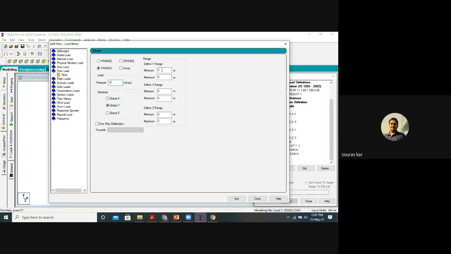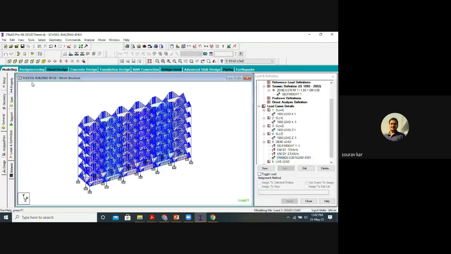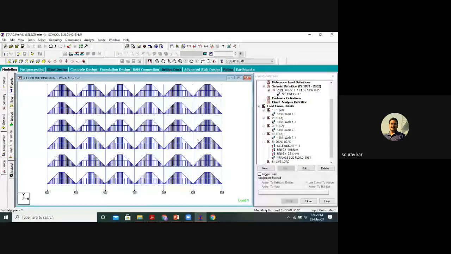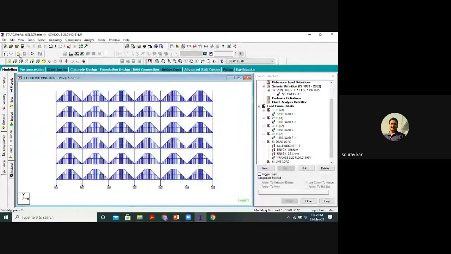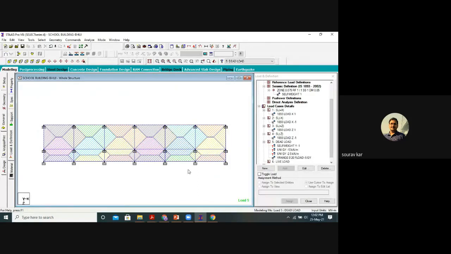Minimum range is taken as 0 because we are taking from the ground, and maximum it is 16 meters, so we may take 20. All the floors lying within this range automatically get the floor loads, if you see the front view. Very nice, they have shown the trapezoidal distribution.